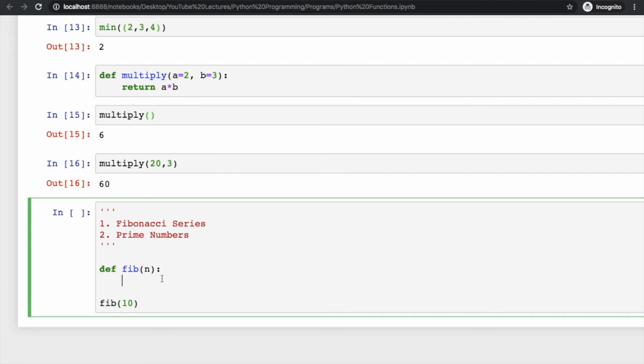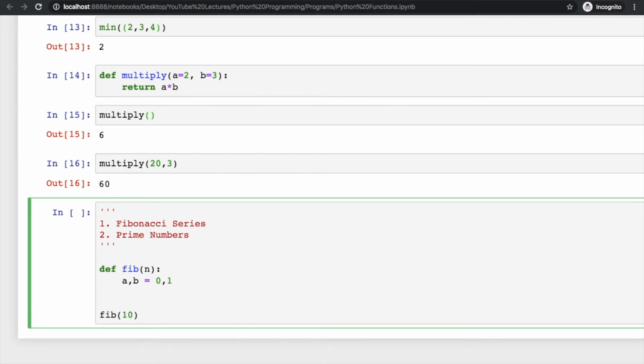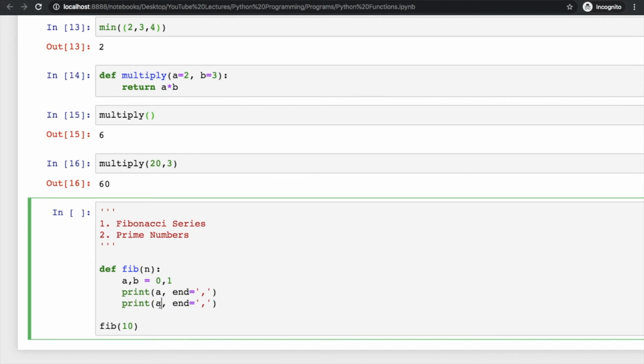So let's start. Take two variables a and b, start them with 0 and 1, and that's how we assign values in Python. So now print these values, print a first and end it with a comma. Similarly you can print b also and end it with a comma.